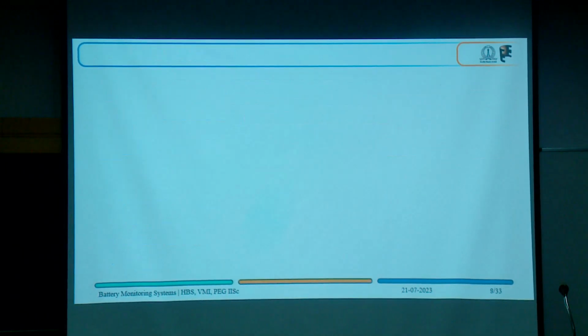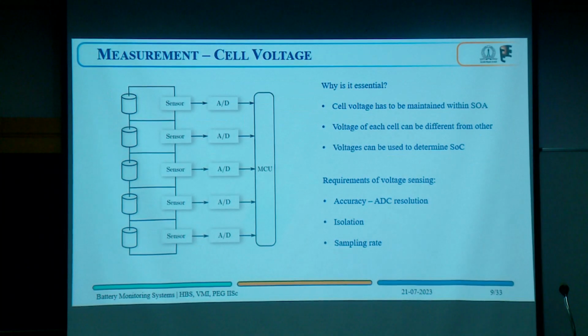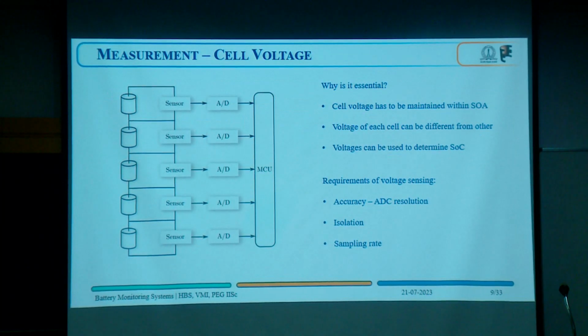So we will go into each one of them. So, measurement of cell voltage. Why is it essential? Because we have to maintain it within a particular band of voltage. We should not perform overcharging, or charge it below a certain voltage. Also, the voltage of each cell can differ from each other. There can be imbalances in the cell voltages, and why that is essential and how we will tackle that,